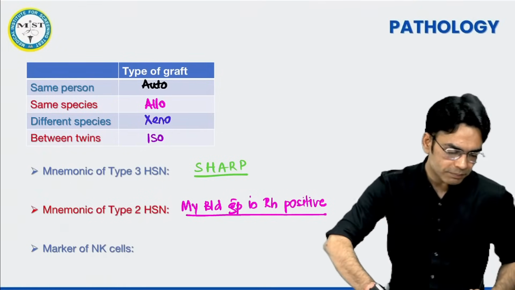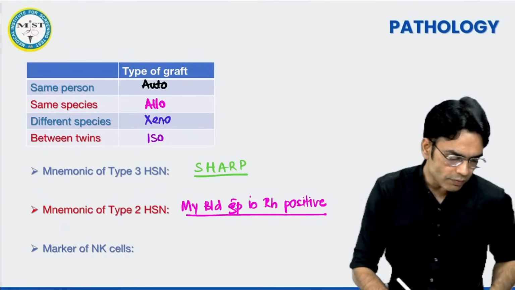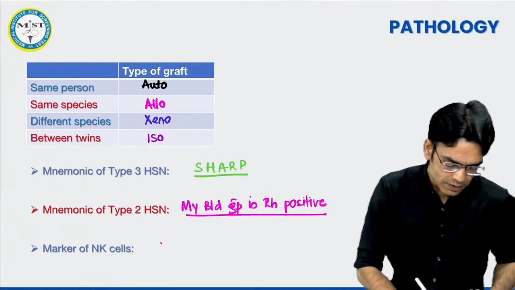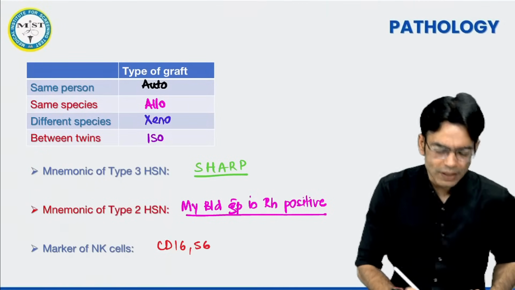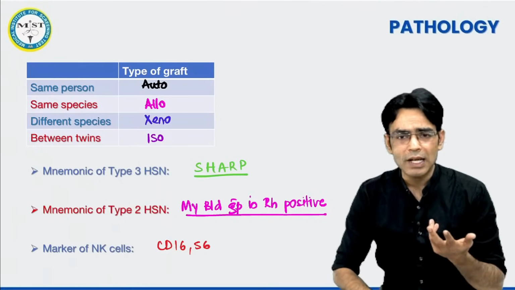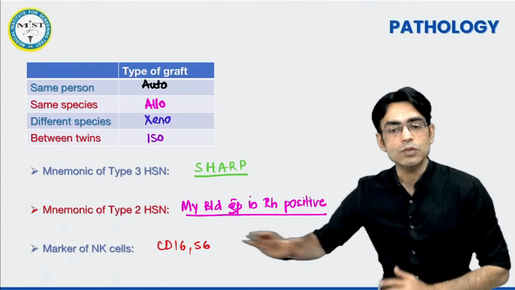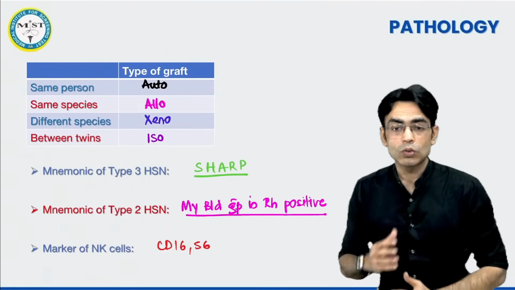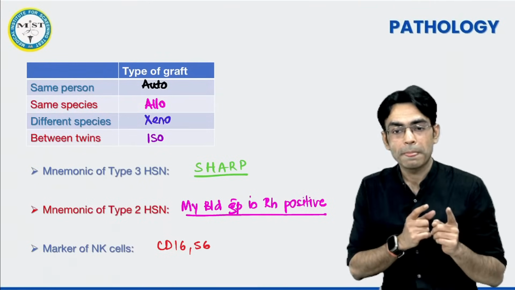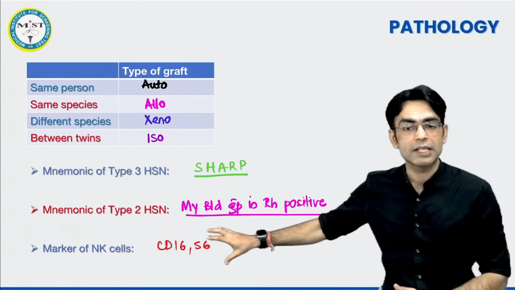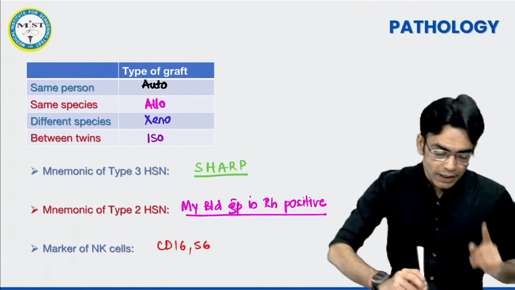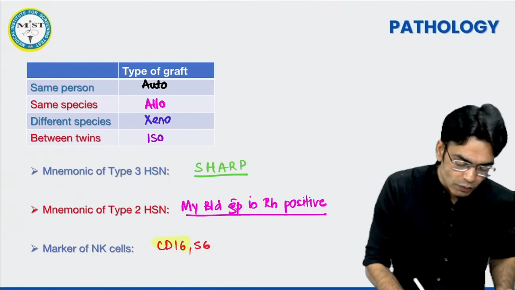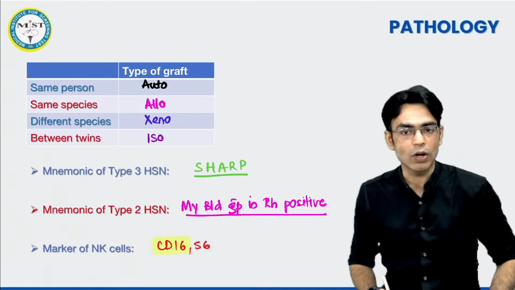Marker for NK cell, very good Mayur, very good. Yes, CD16 and 56. So NK cell मैंने आपको बताया था बेटा सोलो डोलो काम करता है, वायरस और ट्यूमर के अगेंस्ट है ये. This is against viral infected cell and tumor cell, और ये मार देता है उनको. तो ये ना बेटा ये सीरियल किलर है. 56 नाना पाटेकर की मूवी आई थी ना, वहां से आप याद कर सकते हो. But still I am telling you that the better marker for this NK cell, if you have to choose one from this, you would always choose CD16, okay, for NK cells.